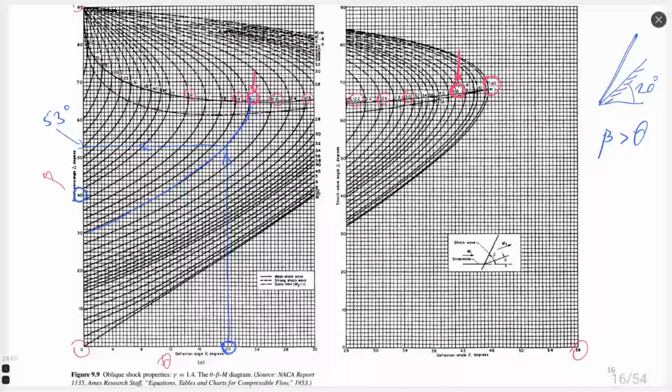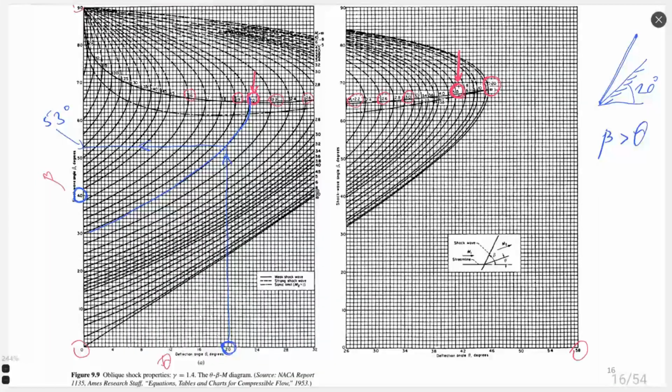If I need a shock wave of 40 degrees and I know that I have Mach 2 inside my flow, I will just go left, see where the intersection of this angle with my Mach 2 is, and go down to see which body angle I should have. It looks like close to 11 degrees. So if I have a body of 11 degrees and I have Mach 2,